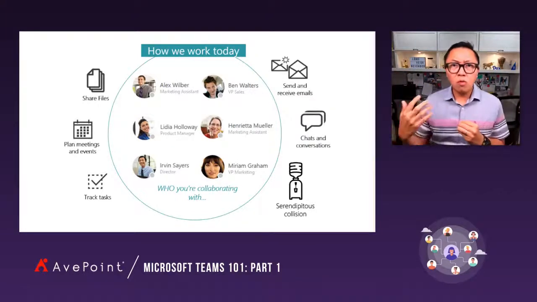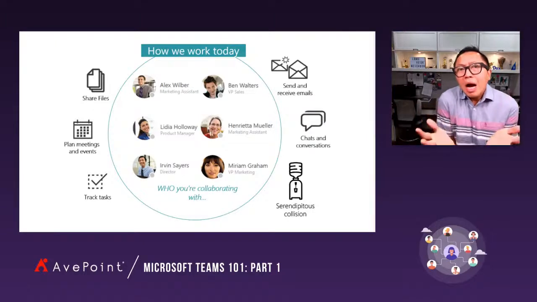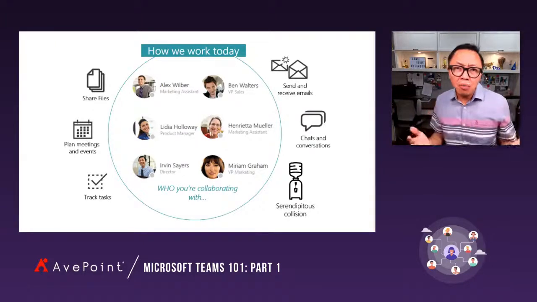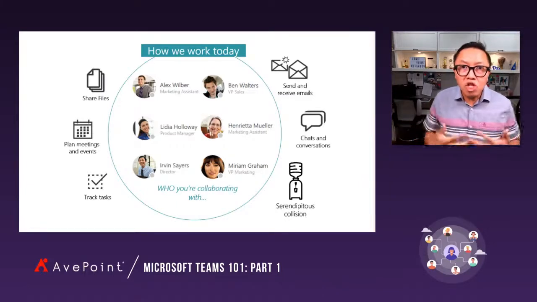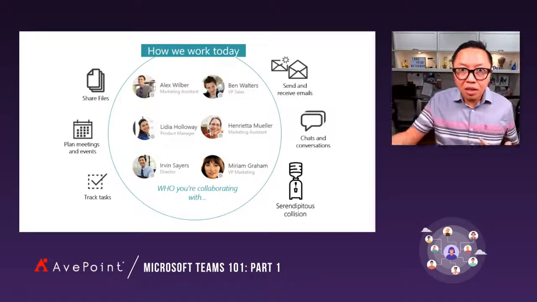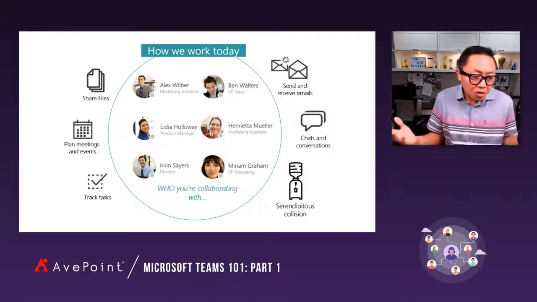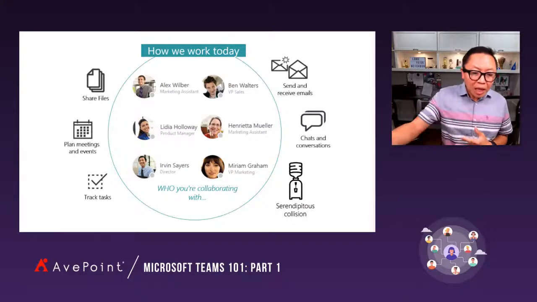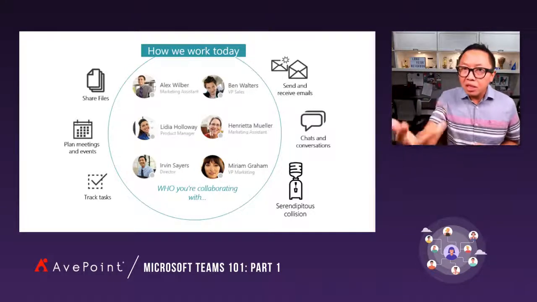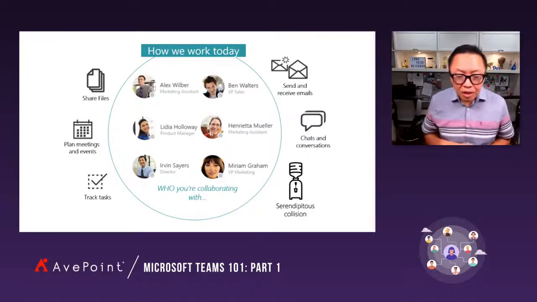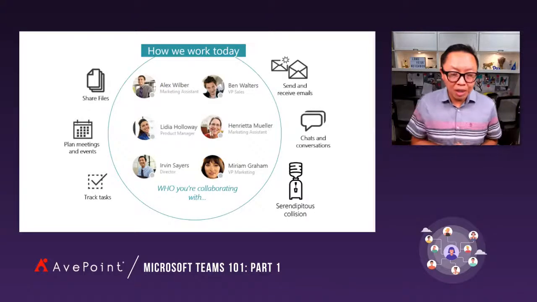One, we certainly work on files or documents. And typically the way we work with files, we work on a PowerPoint or a Word document or a proposal. And when we work together on it, we need a way to share it. And oftentimes we send it as an email attachment, or we use SharePoint, or we use Box. And that's certainly okay. We get it done. And then we plan meetings and events. We use some kind of calendaring system, most likely using Outlook or Google Calendar. We track our tasks. There's a lot of different apps for task tracking, and we'll talk about that too.